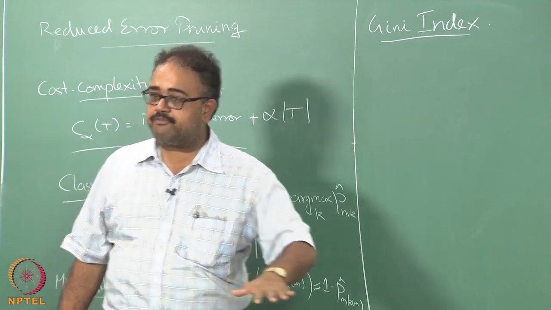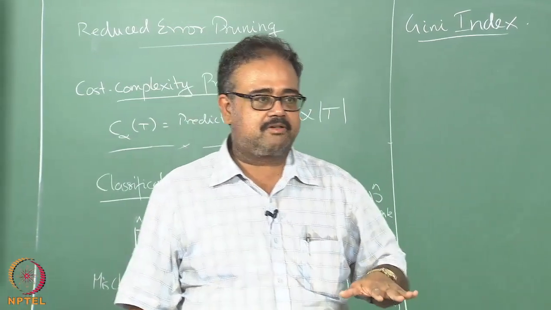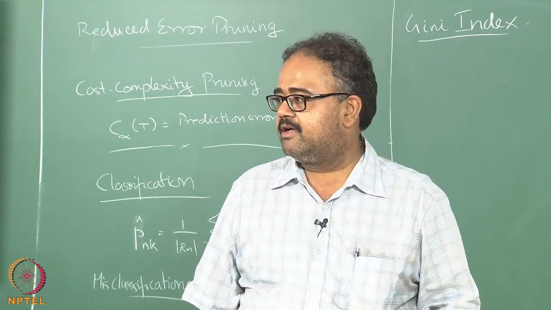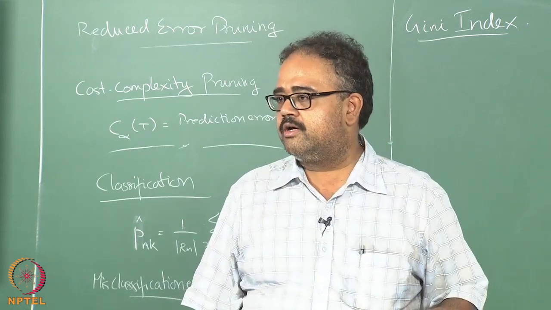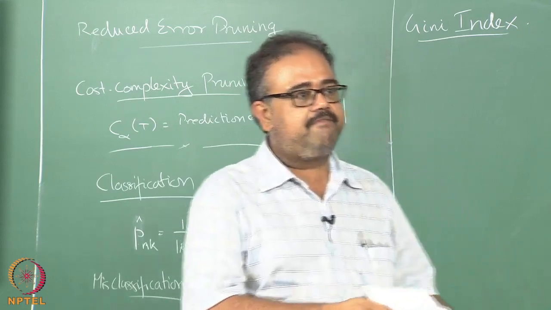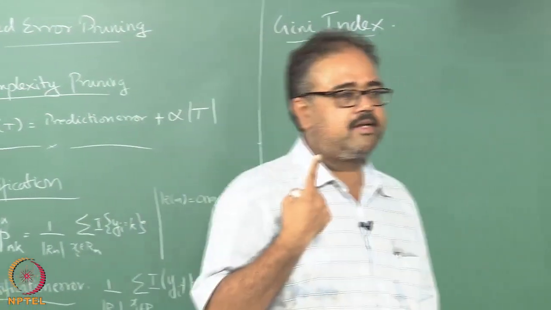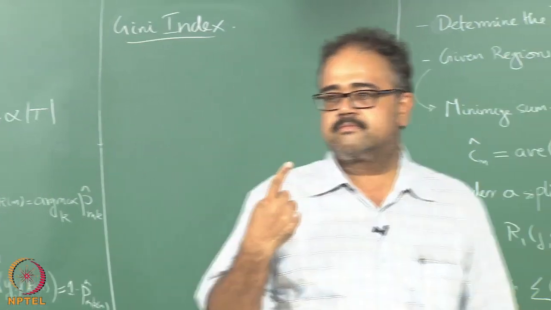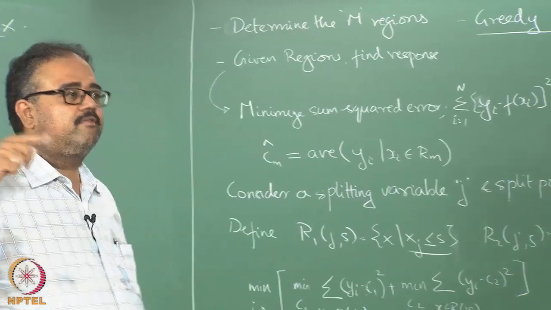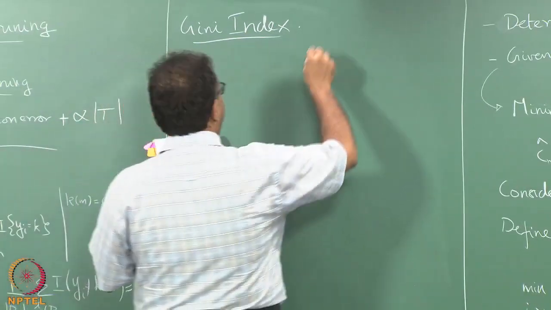If the class distribution is uniform within that region, then I am doing something bad, right, because that is not a good region, because whatever class label I output, I am going to have a lot of error. But if the class distribution is skewed in favor of one class over the other, then I can output that class. In fact, the ideal leaf would be so skewed that there is only one class present, correct. So, the skewness measure is what I have to look for, and the more skewed the data is, the better. So, the Gini index is actually